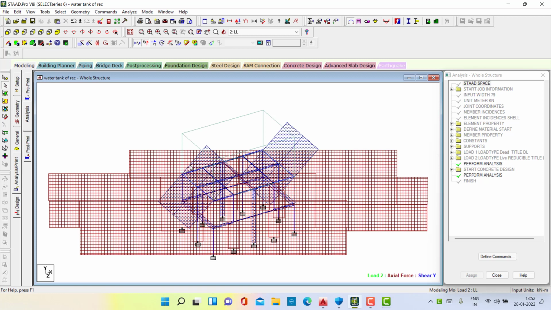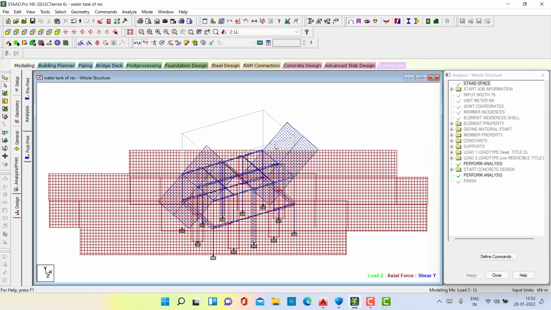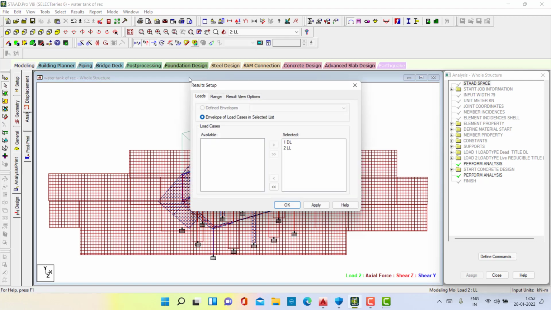This is my z direction. Axial force is the shear force. Here we can see the axial force is this red maroon color, and y is a shear force you can see. And here we can see the shear force of the z direction. Here we can see the total